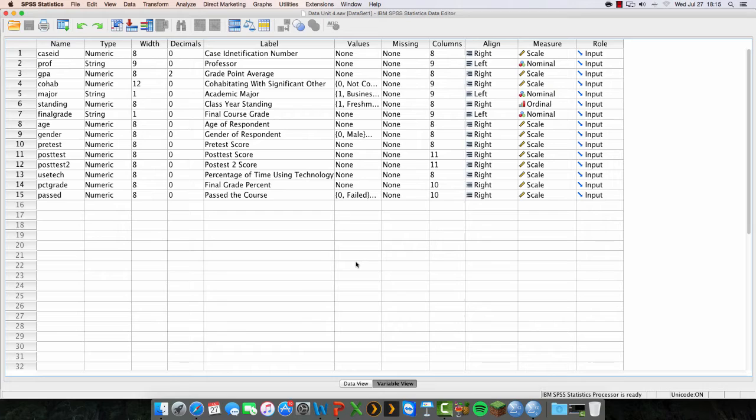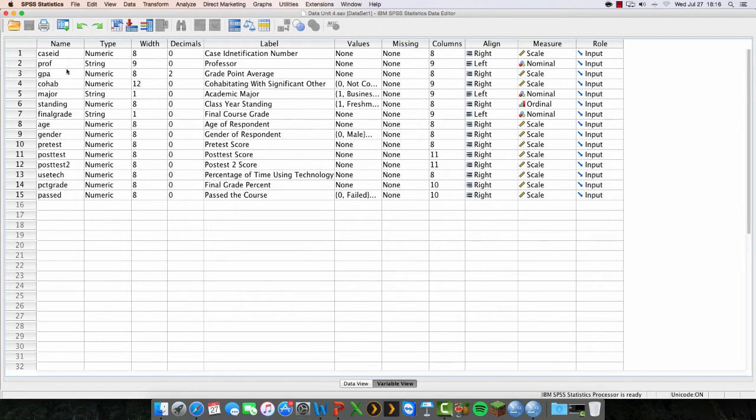All right, this particular data set is a data set of course evaluation and course assessment data from PS 118, Introduction to Political Science. Essentially what it is broken down by professor, a group of students who have taken a pre-test and a post-test at the beginning and at the end of taking PS 118 to see if they've learned anything. So we have a variety of variables here, and you can see the variable names here,